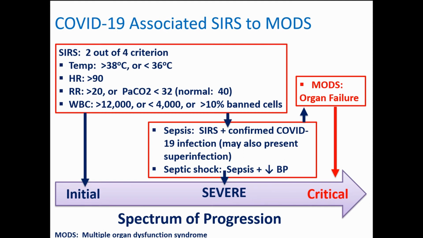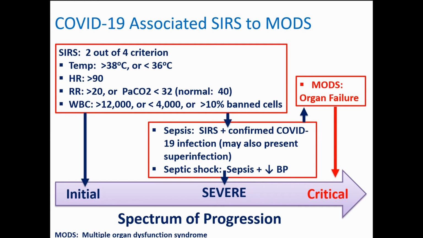So the spectrum of progression depends on the severity of SIRS. And this is the criteria established. If an individual has 2 of the following criteria, either temperature or heart rate or respiratory rate or WBC, that basically qualifies the definition of SIRS. But SIRS and COVID together can go further and make sepsis more clinically prominent in the patients,